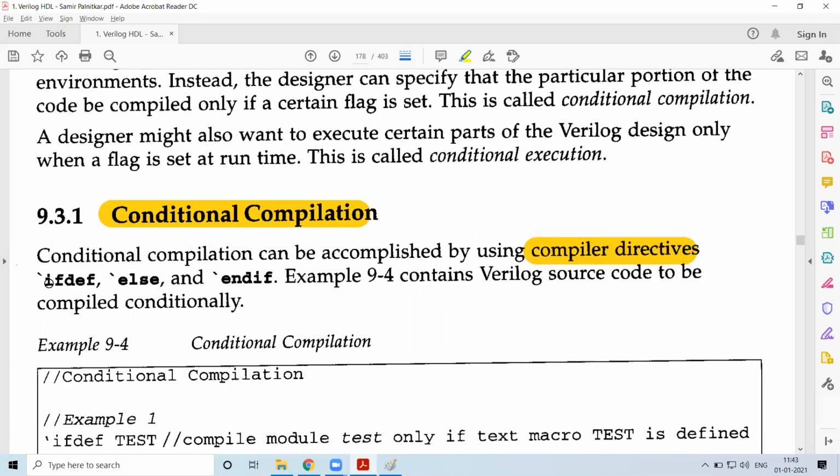So similar kind of things we have over here, but this is different. You are controlling the compilation over here, whether the part of the code has to be compiled or not. That is what you are looking out for. Now, why these conditions come is because different systems behave differently.